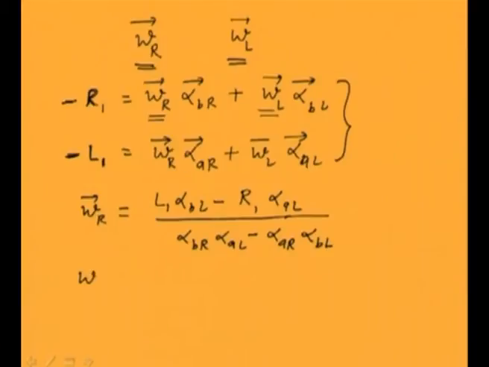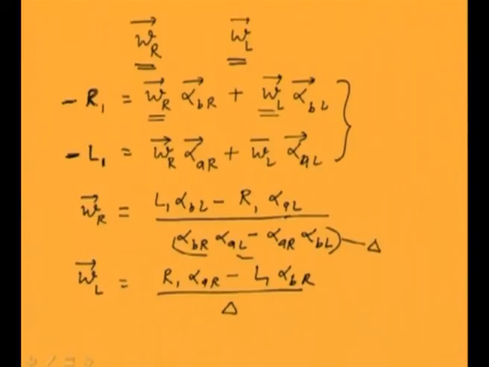So this WR and WL will be, and the denominator remains the same as this. So these are the correction masses required, which can be obtained because we already obtained the influence coefficients,